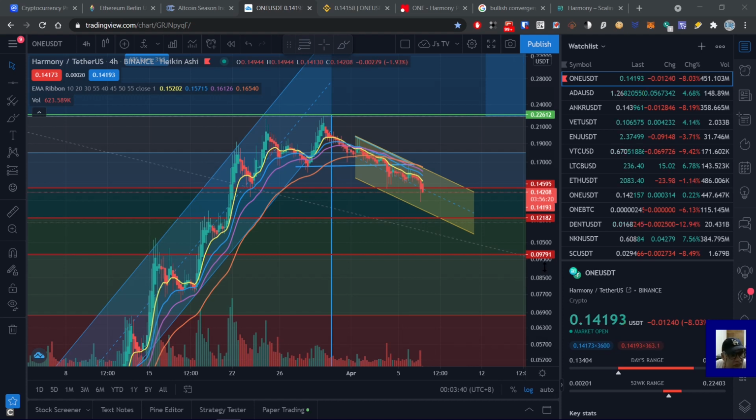But I got some news. I just bought more Harmony a few minutes ago. As you can see, it went down as low as 13.4 cents, and it just made a really quick dip down. But I bought it at just like 13.99. And I bought essentially another